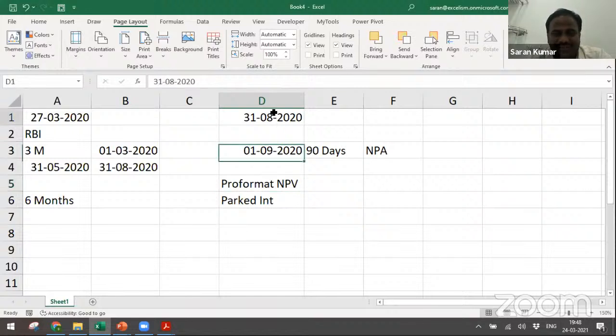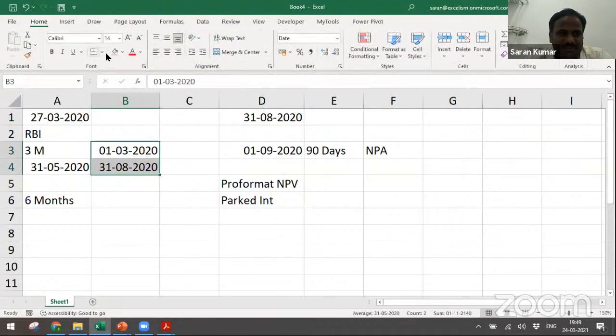That means as on 31st August, whatever they said, now they said that's not applicable. That means now, anyway the 6 months is not due, because the bank itself has given a moratorium. As if there is no 6 months period in our calendar, you just do your NPA calculation.